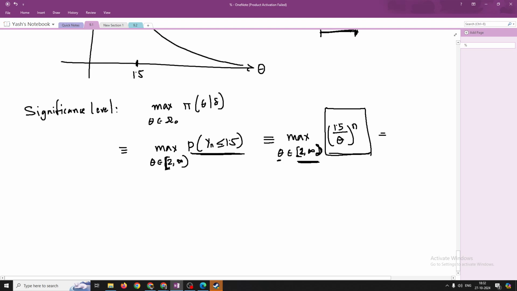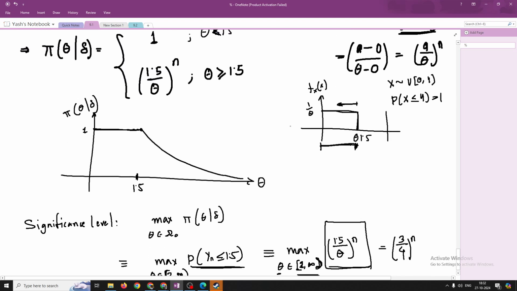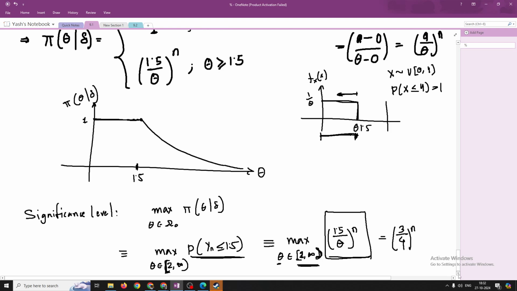So what is the maximum of this thing? You just put theta to be 2, so this is 3 by 4 to the power n, and that's your significance level. Now in this case, your significance level and your size of the test is actually the same thing, because generally when you calculate the significance level you get